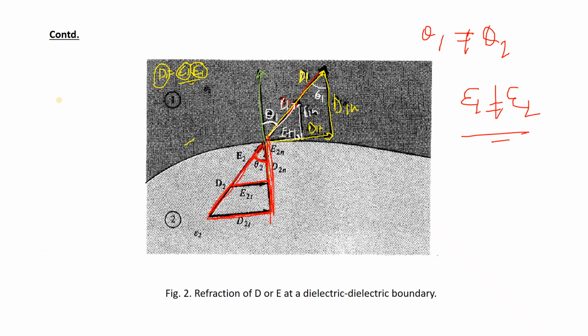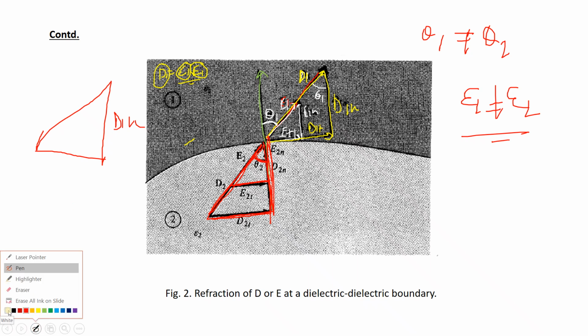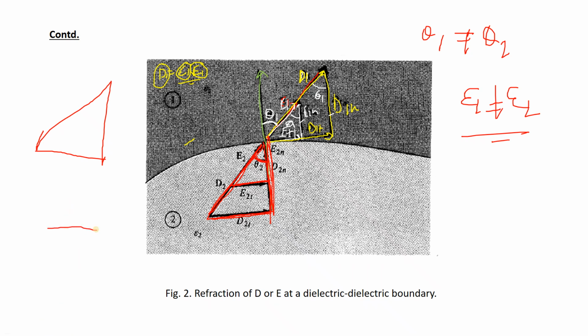Now, if I consider it as a right angle triangle, this angle will also be theta 1, because all three are parallel to each other. So if I take this smaller triangle,